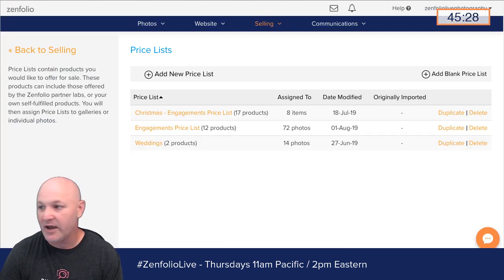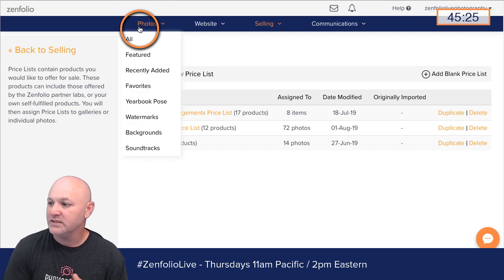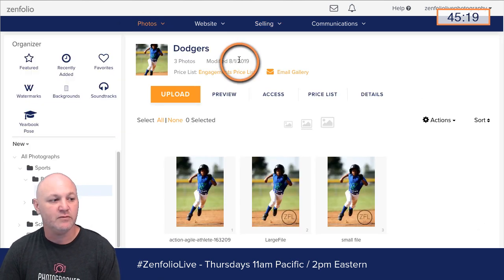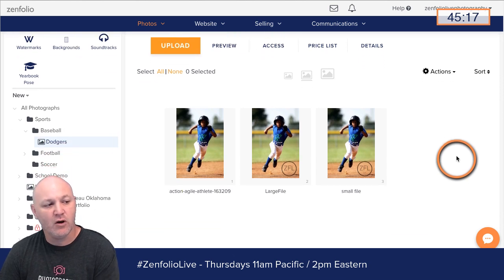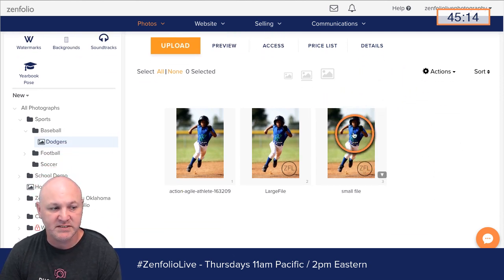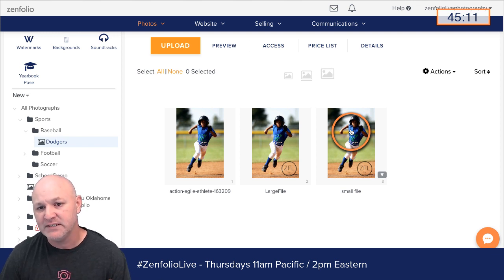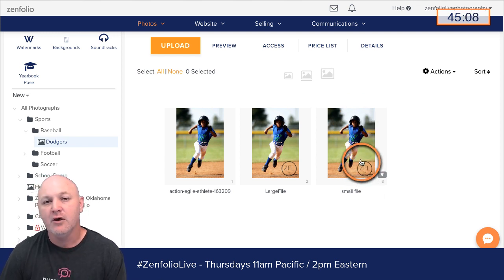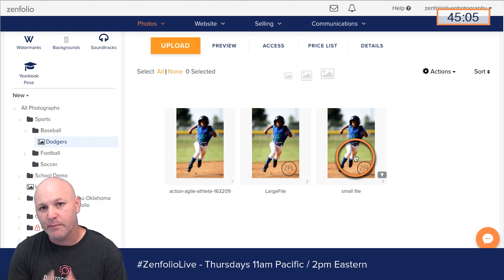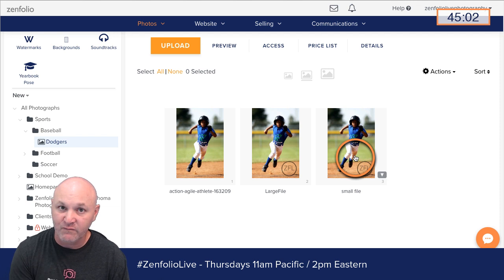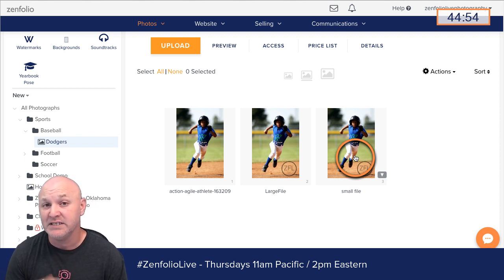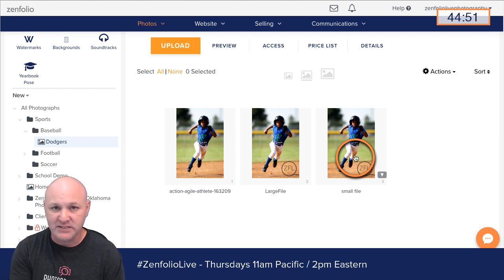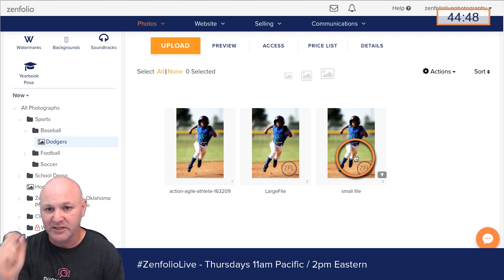Now, let's go back and talk about what if you want to only offer specific photos as a low resolution download. Maybe you only want this photo to be purchased as a low resolution download, and you want it to be purchased with your watermark on it. Well, if you actually want your watermark on the purchased image, you're going to need to apply that watermark in Photoshop before you upload it to Zenfolio. If you look up creating Photoshop actions, there are some really quick ways in Photoshop to apply your watermarks and export your files as small files with a button click.